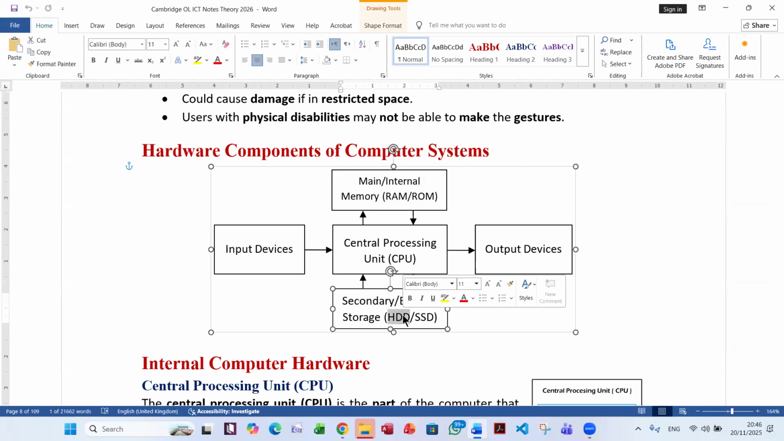HDD, this is the old one that reads and writes data using magnetization. And SSD, this is the new one. It's a very tiny chip like this and can read and write data without any moving parts. Inshallah, in Chapter 3, we will study secondary storage, hard disk, SSD and HDD, and also talk again about